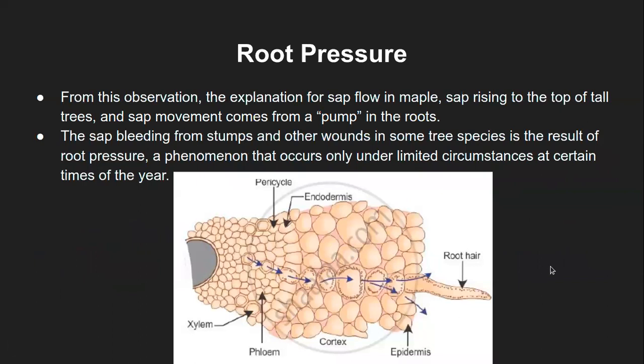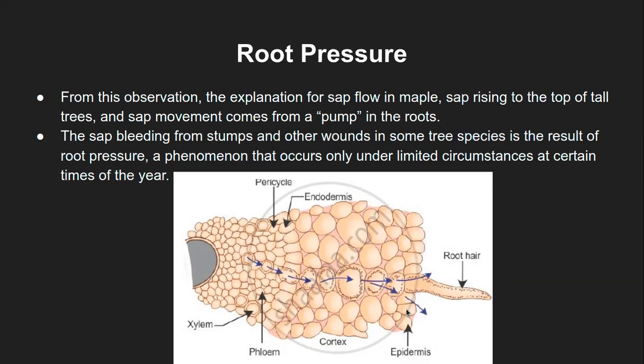Now, the last part here is that the arrow direction is opposite here, which is wrongly done in this particular diagram, but I couldn't find a better diagram in terms of representation, so I have taken this. Just imagine these arrows are in the opposite direction, as in towards the center of the root, right? So this is the epidermis layer, this is the cortex layer, this is the root hair, of course. Root hair, epidermis, cortex, and then this line of columnar cells is the endodermis.